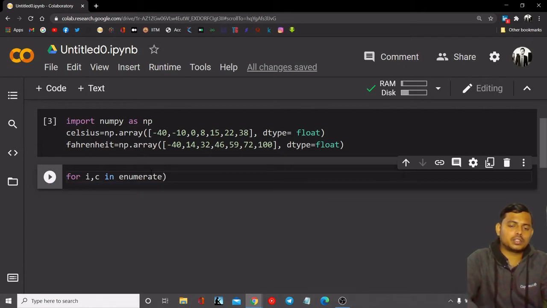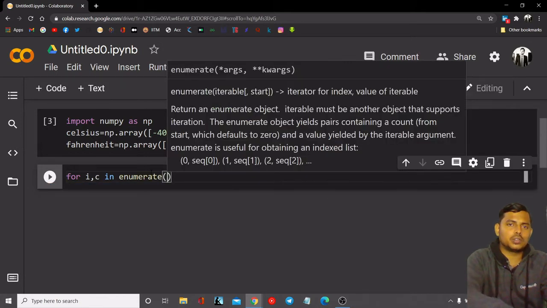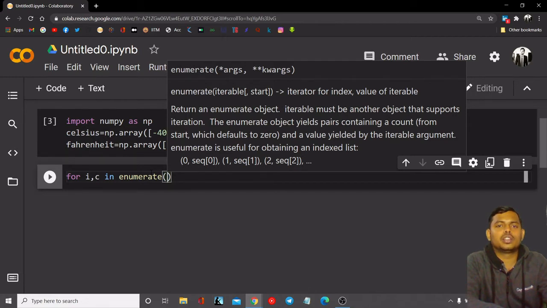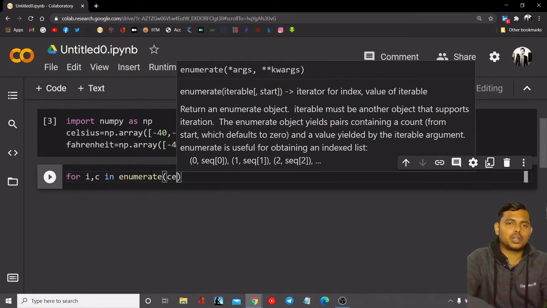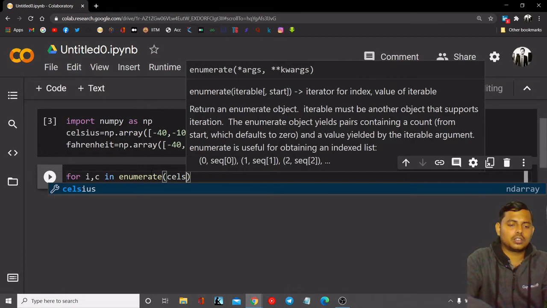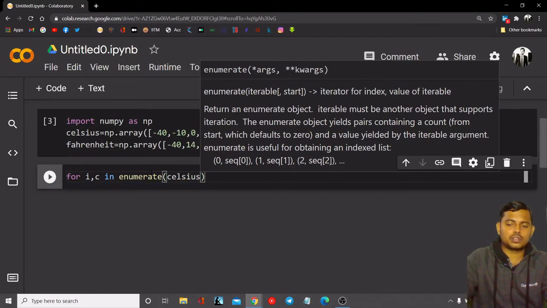let's pass Celsius into it. You can see that it will return an enumerate object, and the iterable must be another object that supports iteration, and the enumerate object yields a pair containing a count. So we have a pair of Celsius and Fahrenheit. So let's pass one. So I am passing Celsius over here,